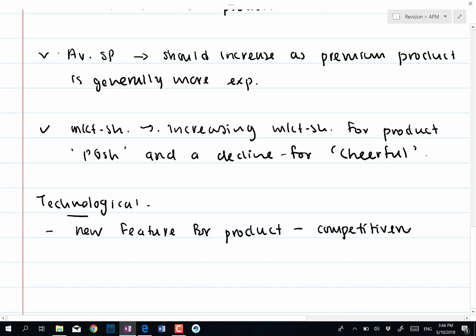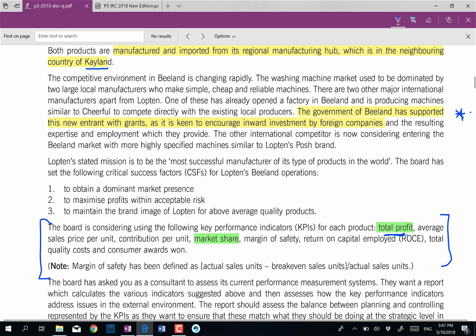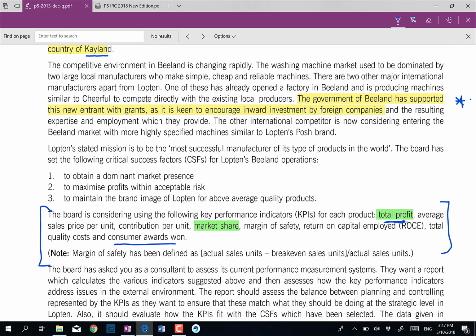So it is important for Lopten to maintain its competitiveness by having new features. So now, what is relevant KPI in this case? Now, we can actually talk about the consumer awards won,